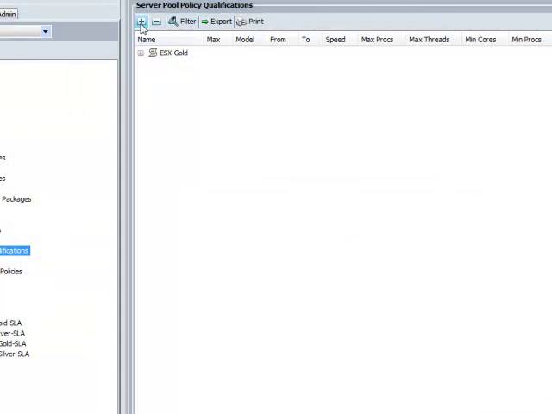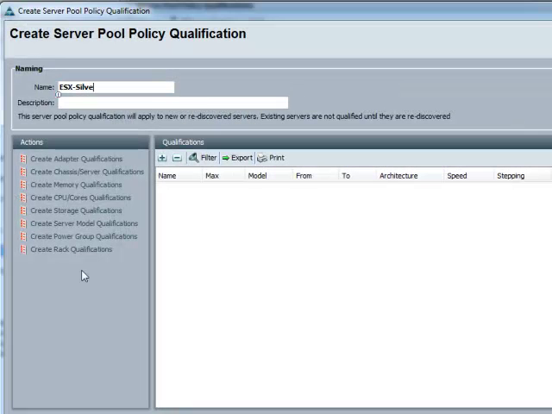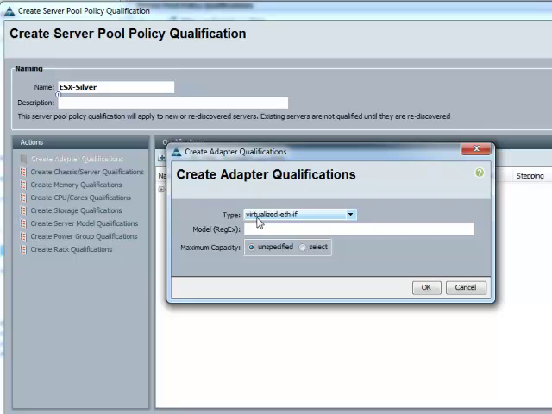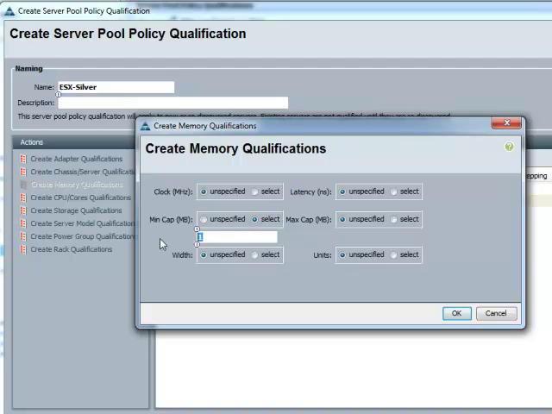I just choose those 3 parameters to really take the servers, measure them on insertion, and say these are capable to run my ESX Gold. I'm going to do the same thing here to show the silver tier with slightly different memory and processor settings as I had on the gold tier,